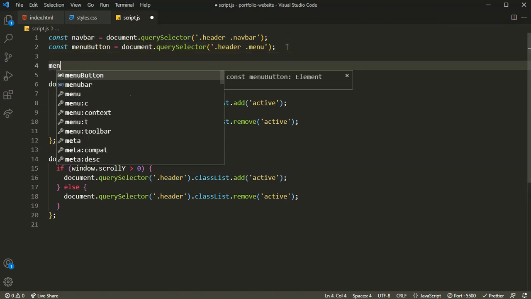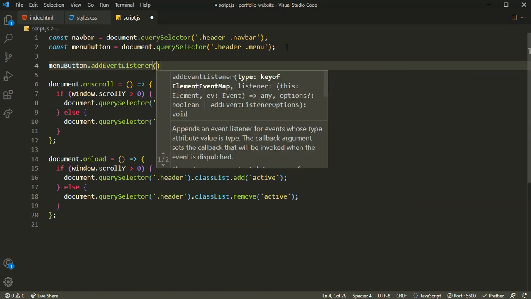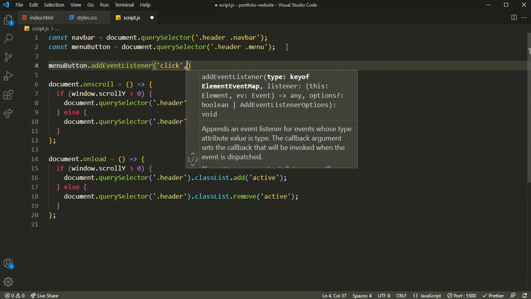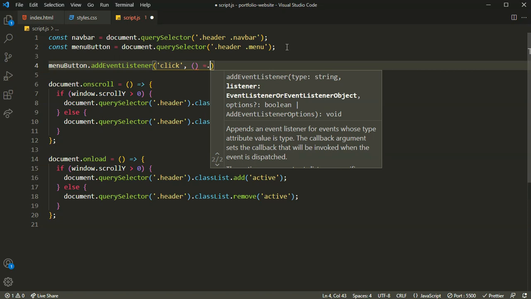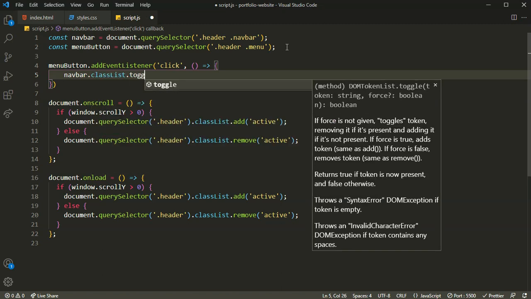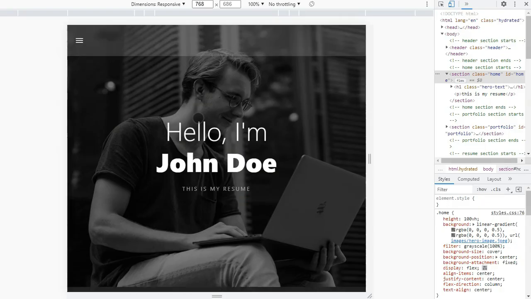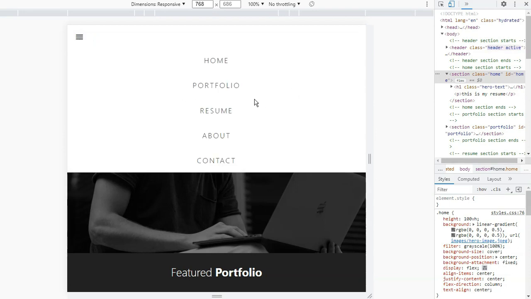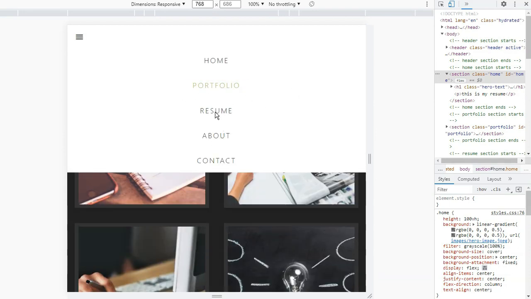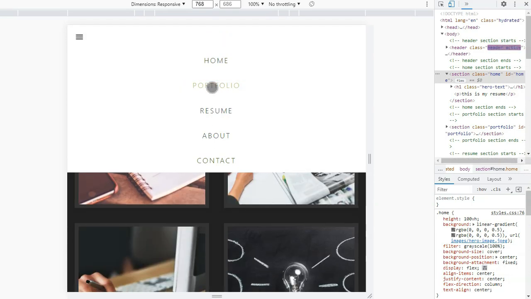So when I click on it, I will add an event listener and listen for the click. This is going to be an arrow function. When I click on this button, I want this navbar to have the class which I already defined, that is the show class. That's it, guys. Let's see. I will click on this. As you can see, the navbar actually appears, guys. Now we have a working navbar, but one thing is, when I click on this, it should go